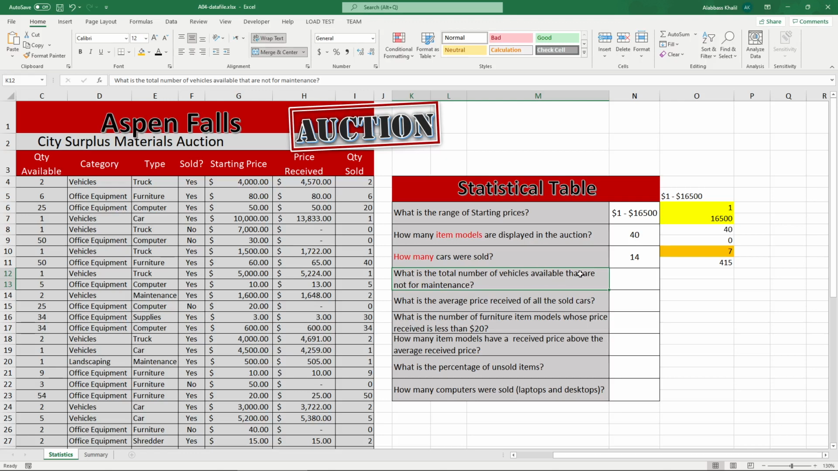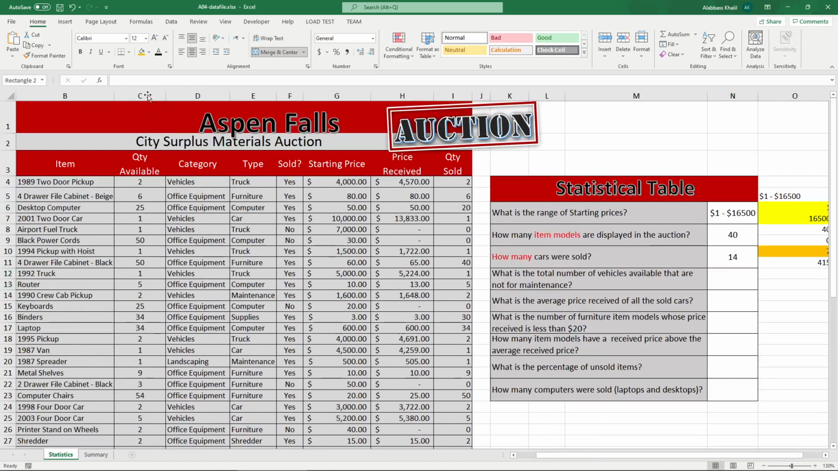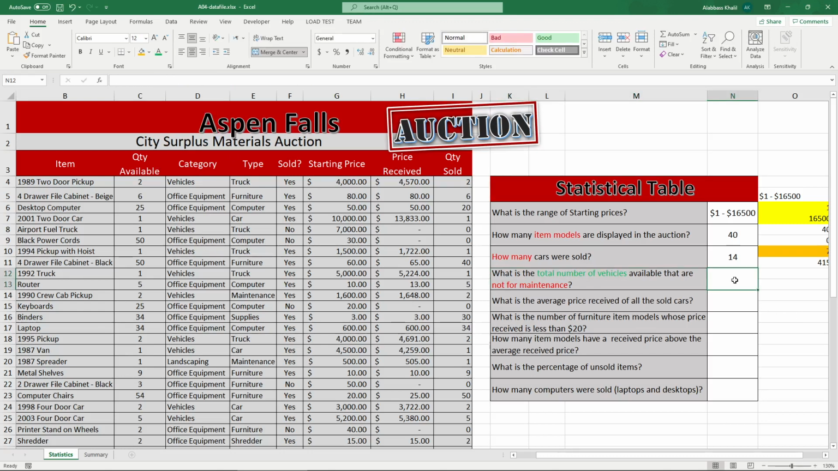What is the total number of vehicles available that are not for maintenance? What is the total number of vehicles that are available and they're not for maintenance? Well, this makes me feel like they want us to sum the quantity available, because what is the total number? That's like you want the total, you need to sum. And your condition is not for maintenance. So usually it's not a bad idea to break down the problem. I think we mentioned this last week, it's usually going to be a condition and what is your condition on? So SUMIF,